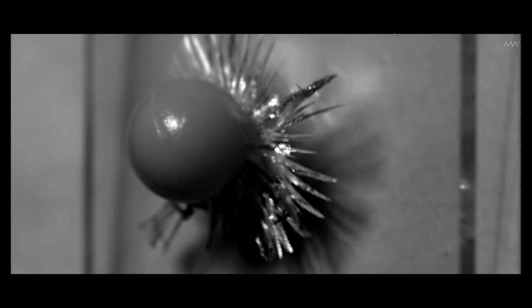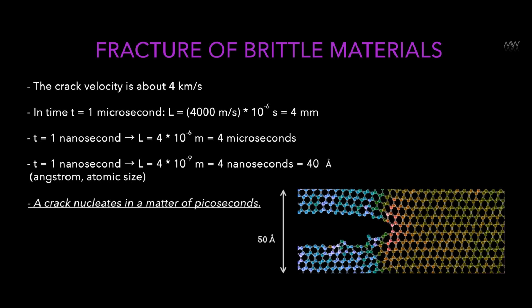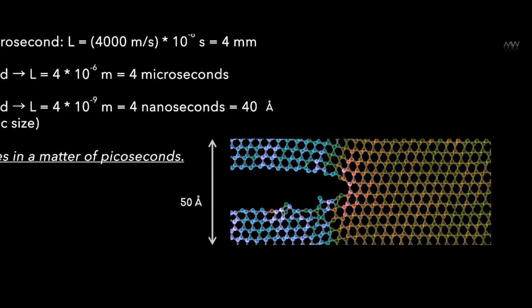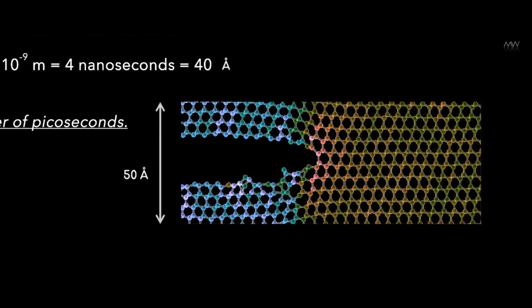If you go to picoseconds, in 1 picosecond the crack will travel only 4 nanometers. Or if you go to atomic units, 40 angstroms. That's atomic units. You can't see that in a microscope. You will only feel it if you start modeling it all at the atomic level. That is, in a time of about a picosecond. Modeling shows that the rupture inside the glass will advance by about that much. So this is the scale on which this whole thing will move, in a picosecond.